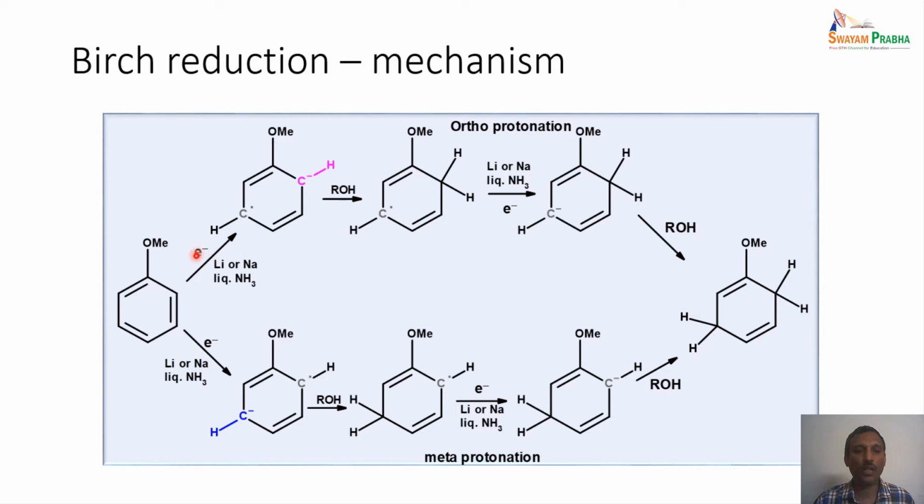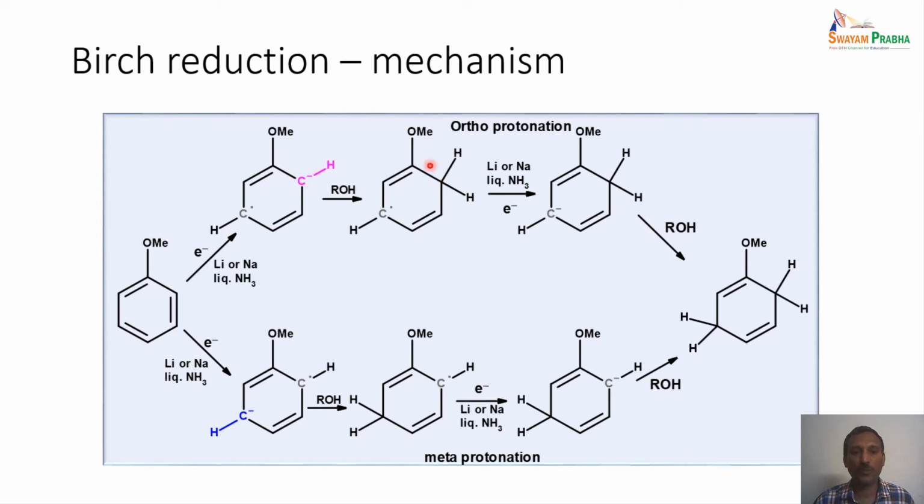The initial step is the radical reaction, as I mentioned. A transfer of one electron happens to this aromatic system. As we mentioned, this is an ortho-protonation. In this case, there is an ortho carbon, that is, ortho to the methoxy group. This takes that electron in the first step, so it becomes an anion. A carbanion is formed, and the proton from the solvent is added to this carbon. That is why, in the first step, ortho-protonation refers to the addition of a proton from the protic solvent to the ortho carbon, which is an anion.